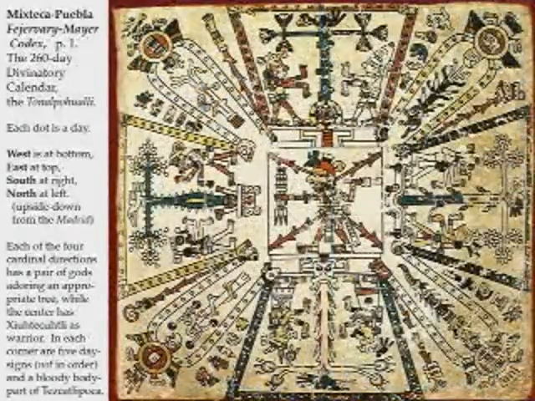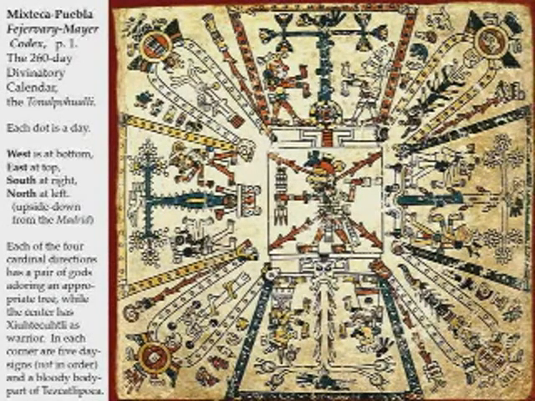Here's a Mixtec version of it. The gods doing ceremonies are all venerating trees. And each is a different species of tree with a different species of bird growing out of a different base. And the guy in the middle is connected to the corners with streams of blood. Here we have a head decapitated. Here we have an arm that's cut off. Here we have a leg that's cut off. And here we have a rib cage. This is the god Tezcatlipoca, who was a great Maya god.